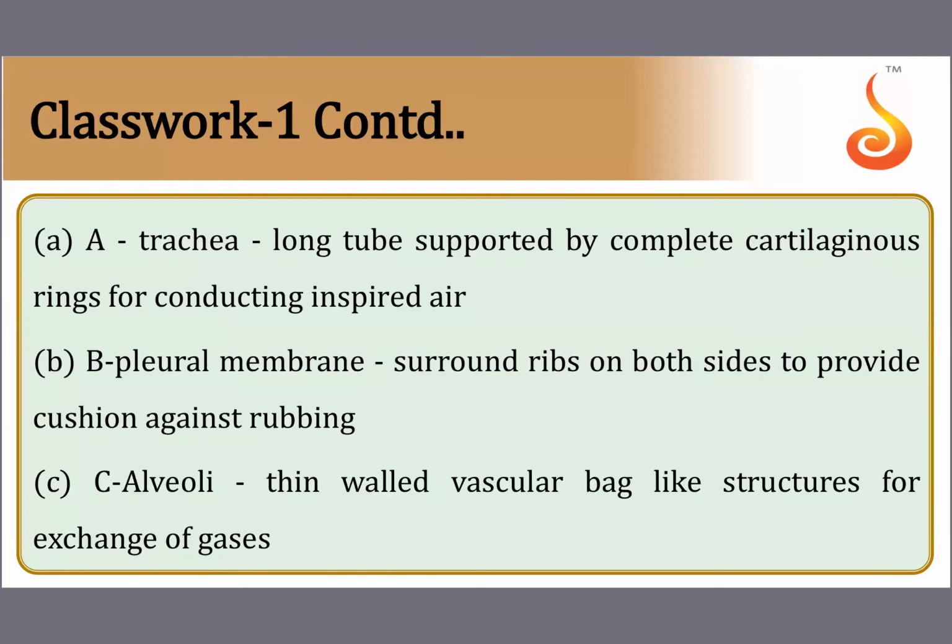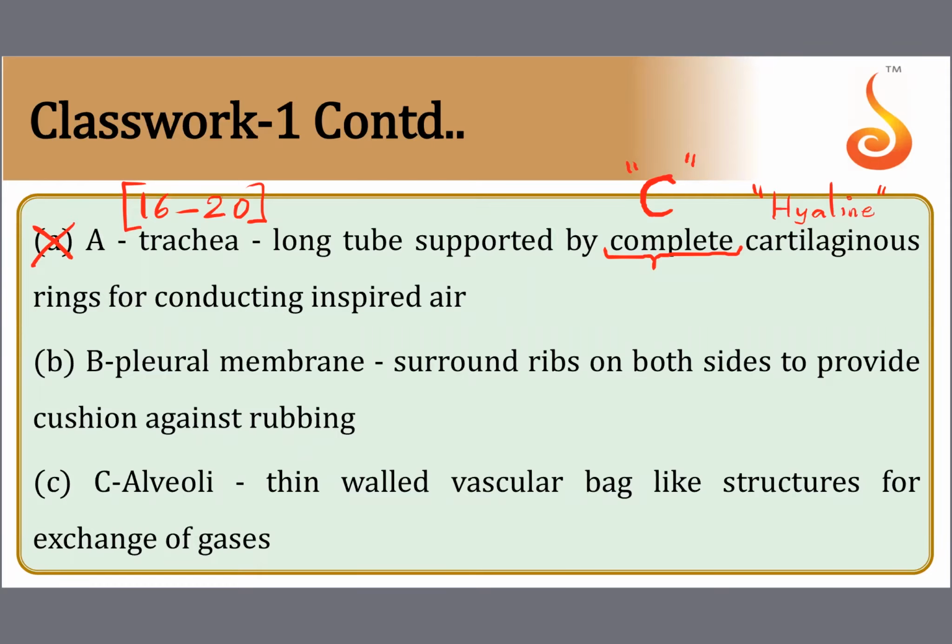They say A: trachea is a long tube supported by complete cartilaginous rings. Now this is incorrect because actually it is supported by C-shaped cartilaginous rings. Here they are saying that it is complete cartilaginous rings, so it is not complete. It has to be flexible at the same time. It shouldn't close on itself. It shouldn't collapse. So it should be C-shaped hyaline cartilaginous rings. And you also know that the cartilage that makes up these rings is hyaline cartilage. And it is also good to know that there are about 16 to 20 rings present in your trachea.